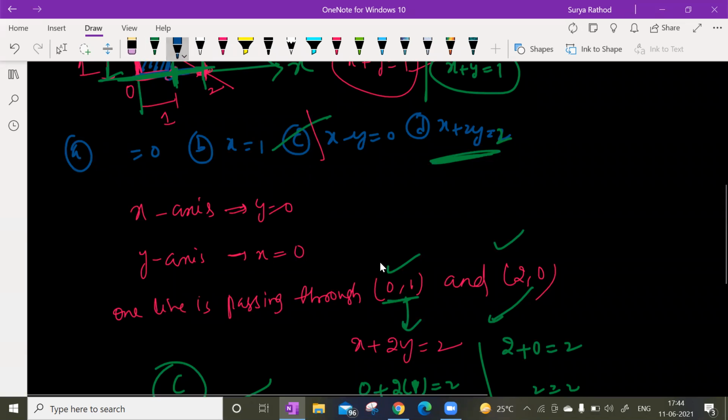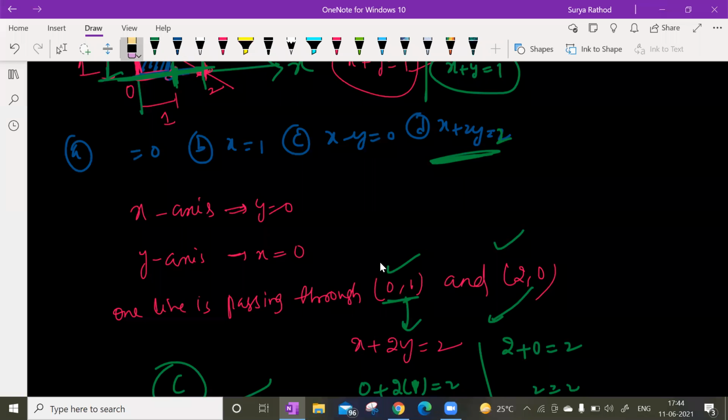Sir, how do we know which line to take? Do we have to keep on doing trial and error for each? Which of the following is not an equation of one of the boundary lines?